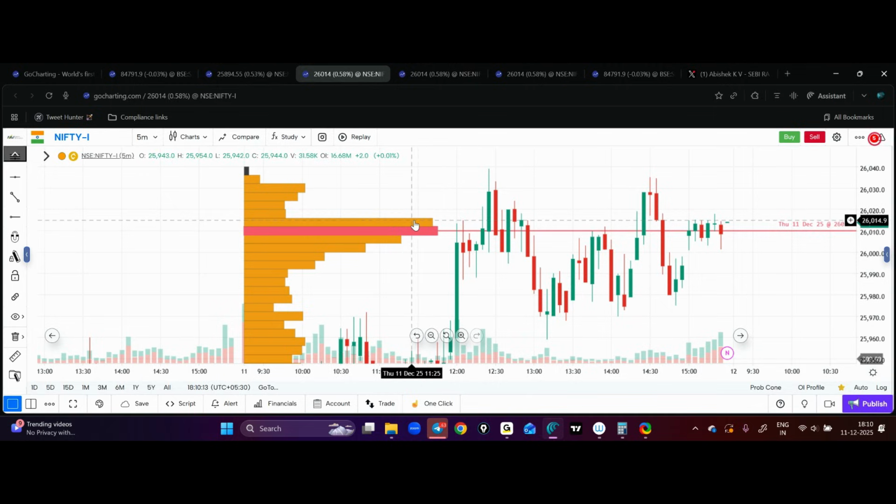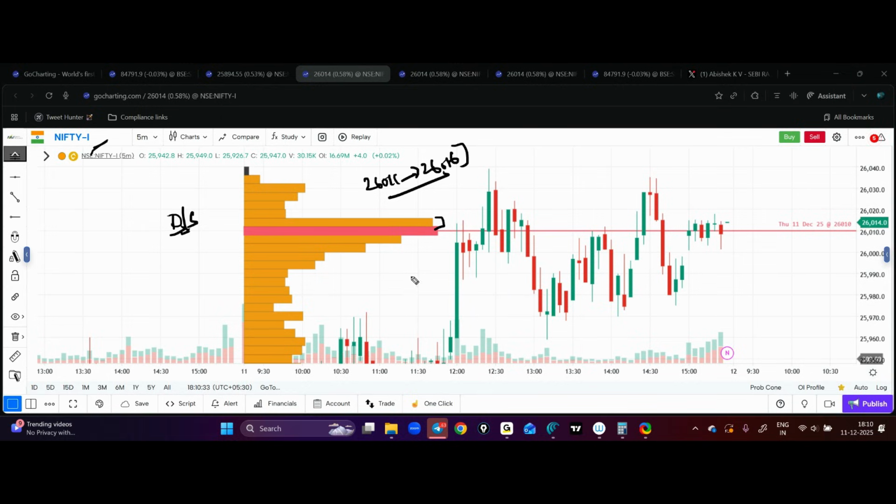So you see this volume block for 5 points. This particular volume block of 5 points, because I'm using daily or session settings here, essentially records all the volume that is traded between 26,011 and 26,016 futures level, because this is the Nifty futures chart,